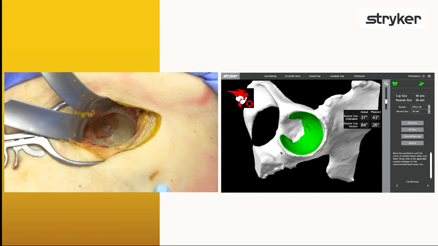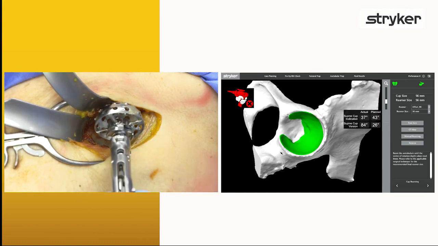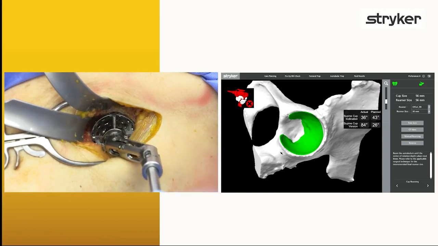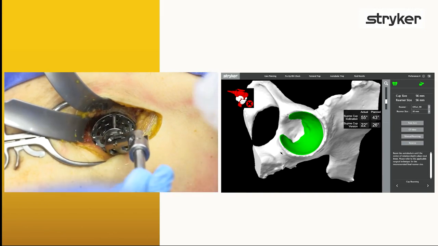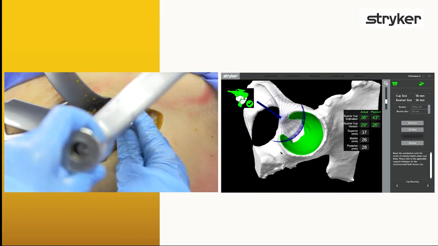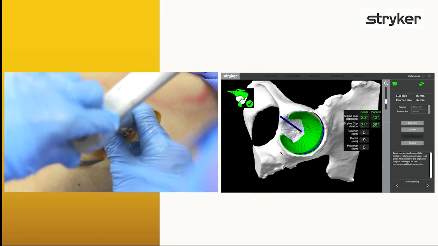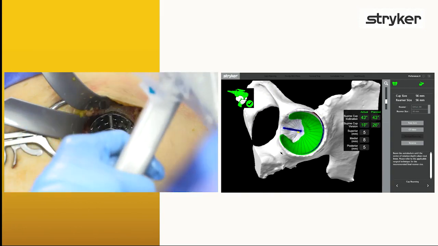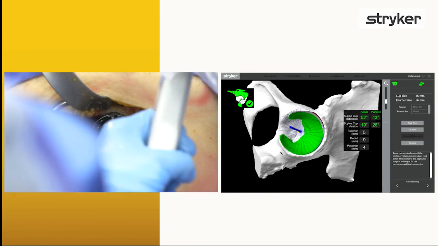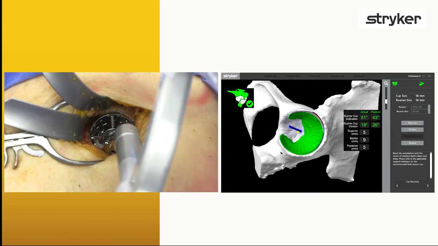We're ready to ream. I take the reamer freehand and position it into the wound. And then we take the end effector of the robotic arm, thread it over the top, and select the offset setting. For the direct anterior approach, we tend to select a 90-degree setting, and that corresponds with the setting at the guidance module. We then position